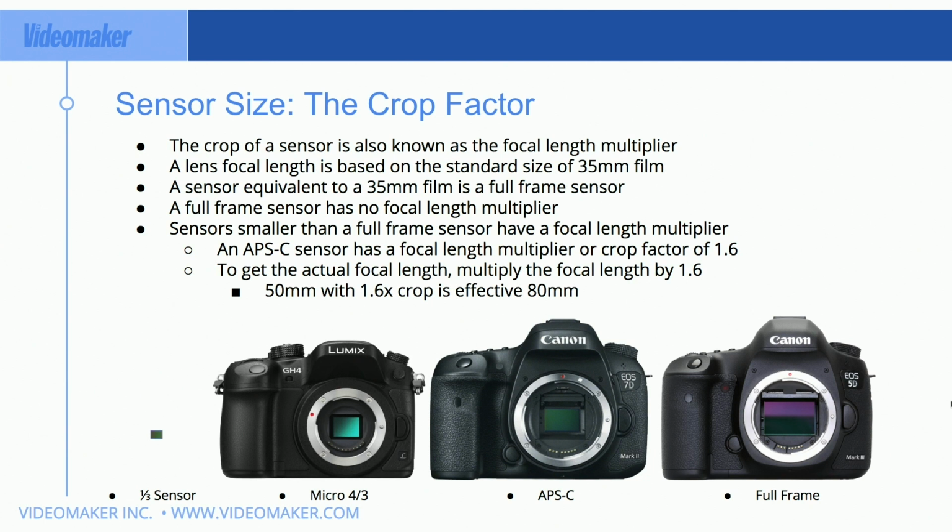A full frame sensor is humongous when you compare it to the 3/8 sensor in, say, your phone. Your phone's tiny, got a little tiny sensor. And what that's going to mean is the sensitivity of that sensor, the dynamic range, the ability for it to show everything with dynamics is really going to be affected. But as well, that focal length multiplier is going to affect the lens there.